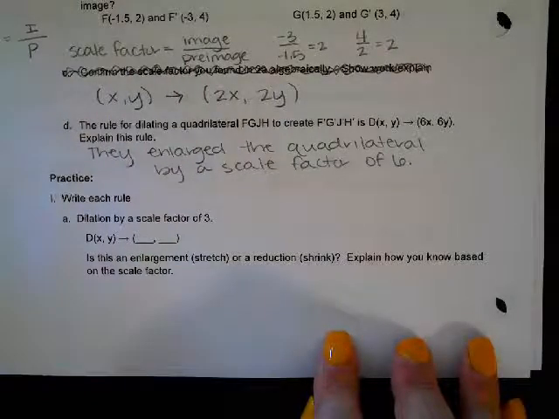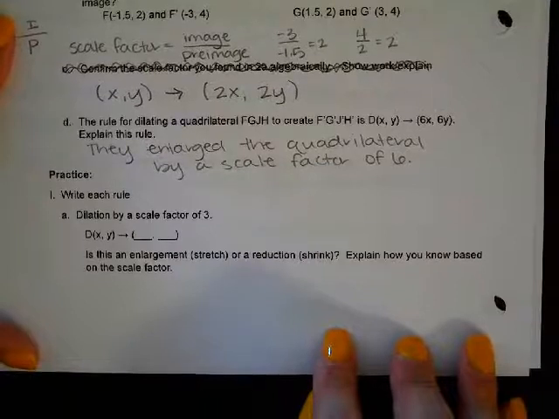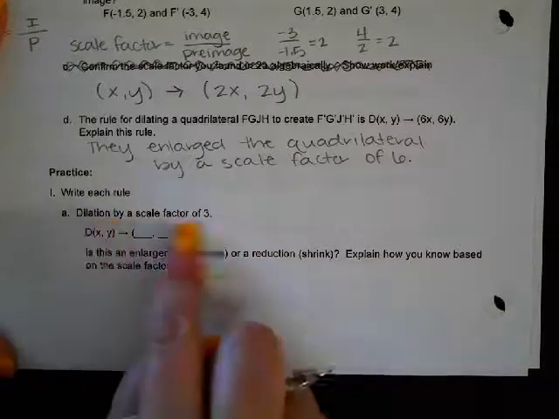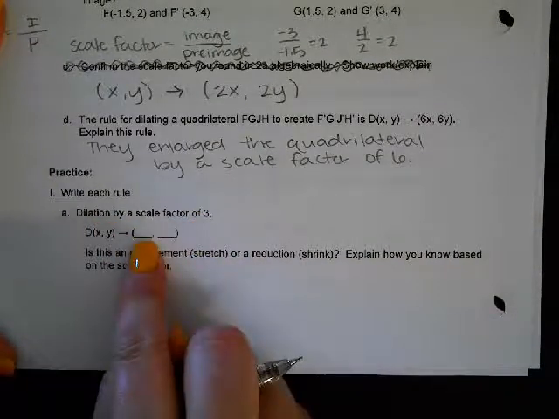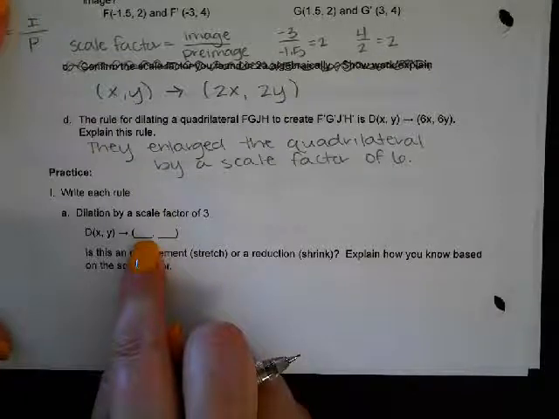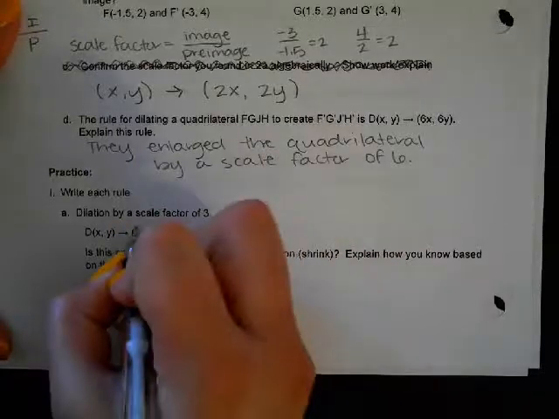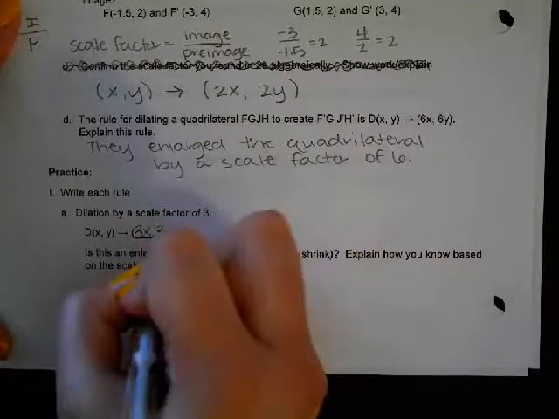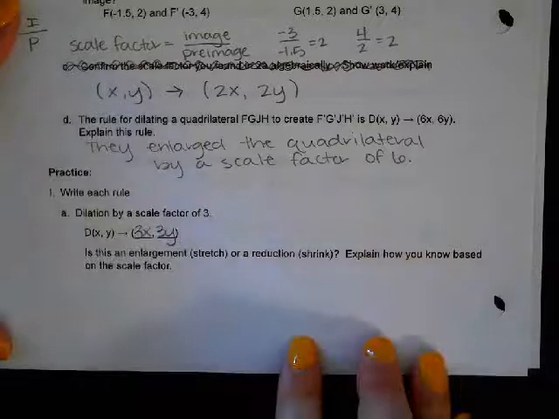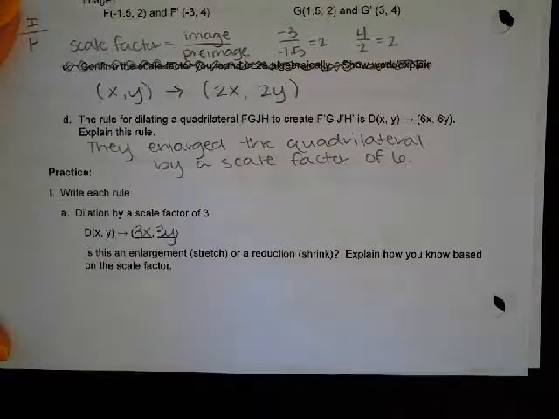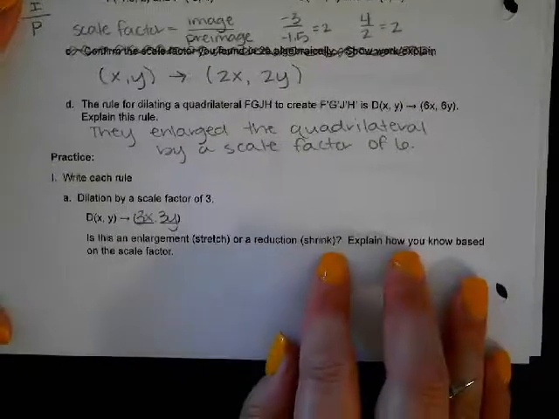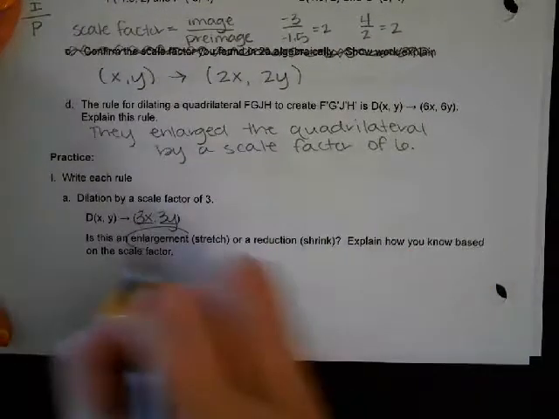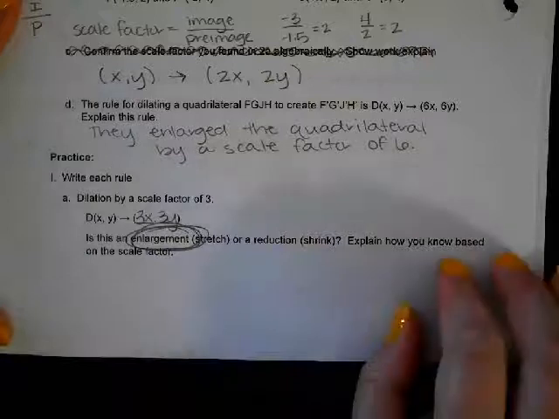All right, dilate by a scale factor of 3. How should we write that rule? 3x, 3y. Okay. Is this an enlargement or a reduction? It's an enlargement. Why? Because it's a whole number. Well, what if I gave you, no, it doesn't work. What if I gave you the fraction